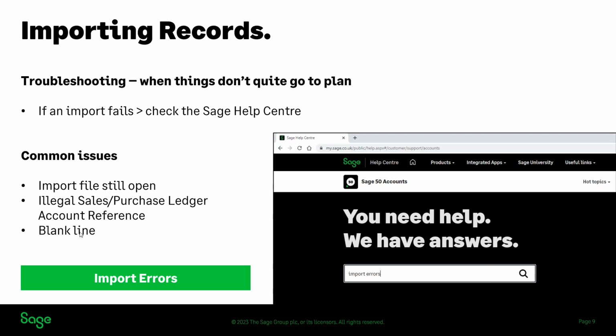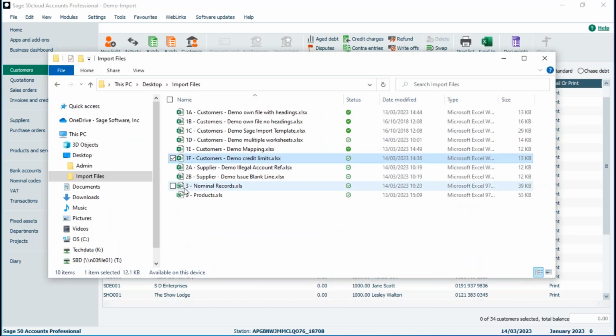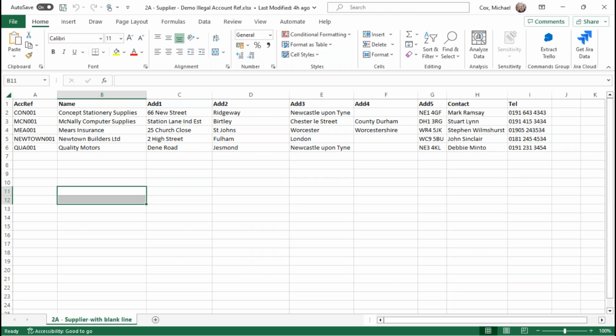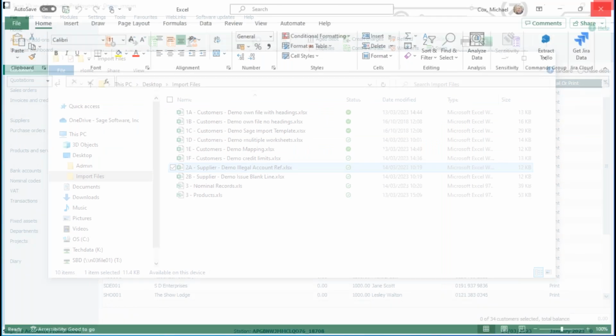Right, back to my screen. So back to my list of files. I've got this file prepared here, a list of suppliers this time. And you can see this account here, this Newtown 001. That's more than 8 characters, so it's not permitted. You can't import that. An account reference for a customer or supplier is 8 characters max. So if I try to import this file, you'll see what it looks like when there's an error and how